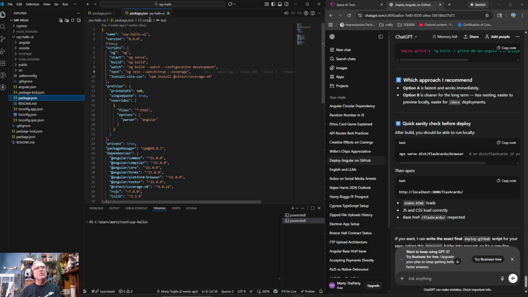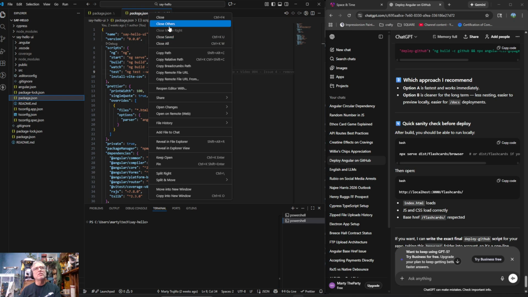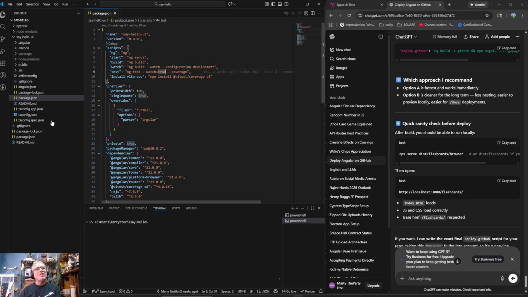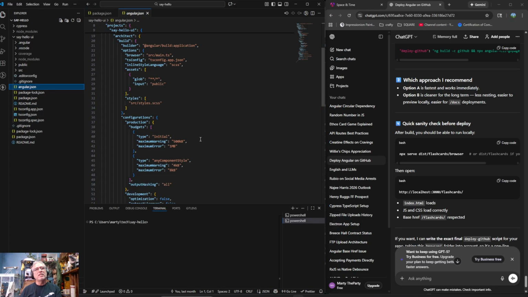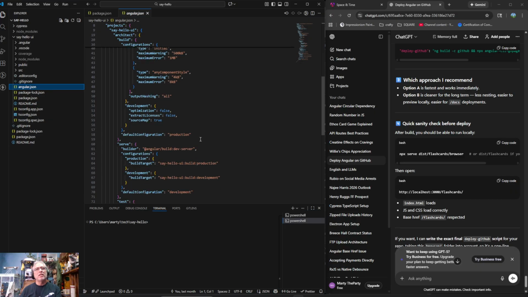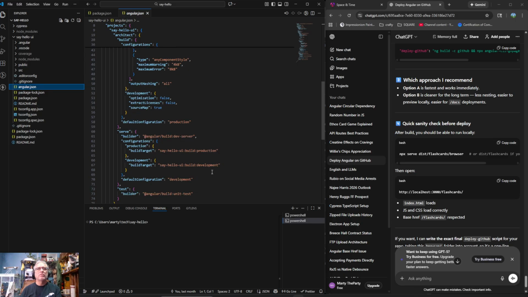Or I think alternatively, so let's close others. I think we need to add something in our angular.json, and in the angular.json we need to tell it... Oh, no, we have that build target, say hello UI build production.